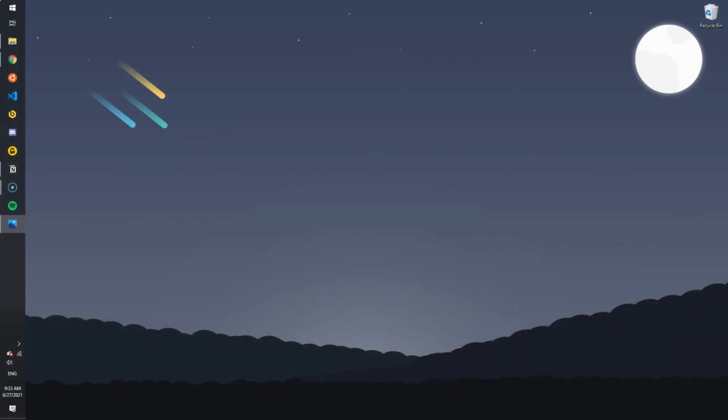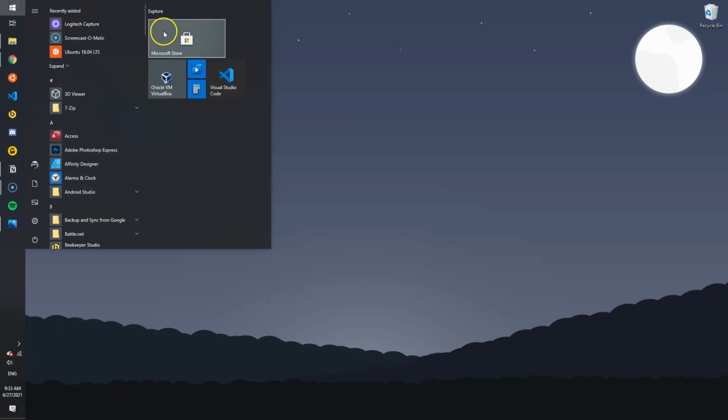Alright, so the first step that we're going to need to do in order to get PostgreSQL working on our local Windows 10 environment is to install PostgreSQL via the Windows Subsystem for Linux for Windows 10. Now, if you don't have the Windows Subsystem for Linux, or WSL for short, installed on your computer, that is no problem. All you have to do is go to the Microsoft Store